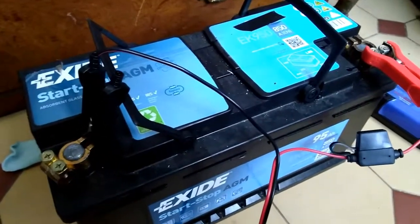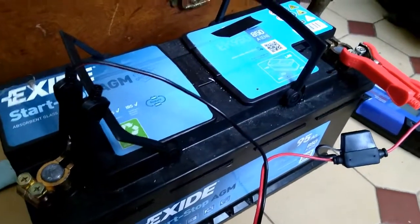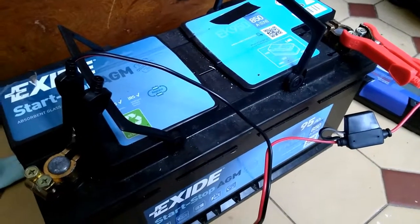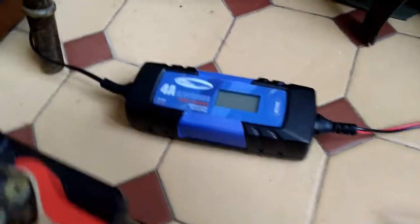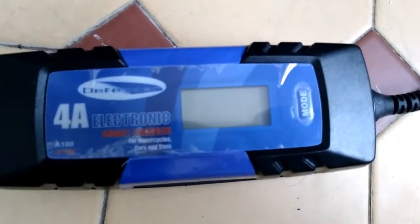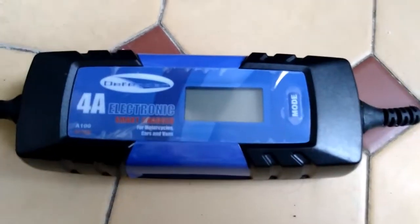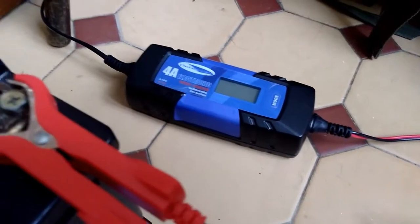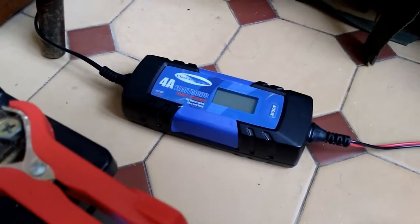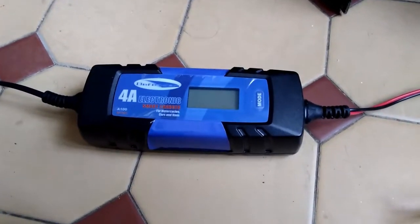And by doing that and constantly checking the battery for any signs of bulging or heat, I was able to creep that voltage up. You've got to be patient, but it's worth it if you want to save yourself a few £100. This particular charger, the Defender 4A100, has what's called a recovery function, and it tries to recharge a dead battery for about half an hour before it gives up and shows a battery fault sign. Now, once I got to 7.5 volts through that patient process, I put on the battery charger